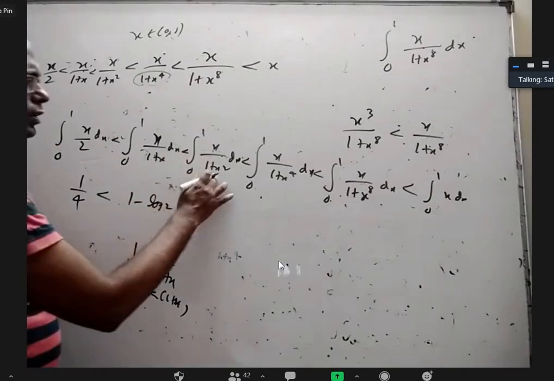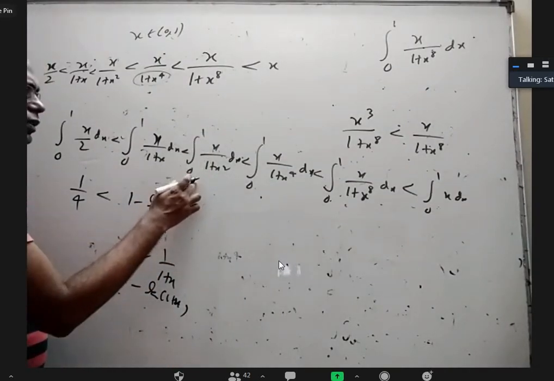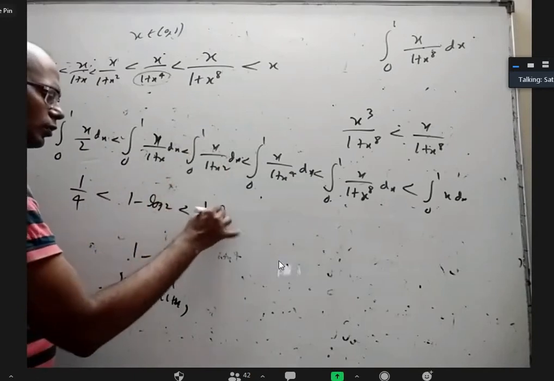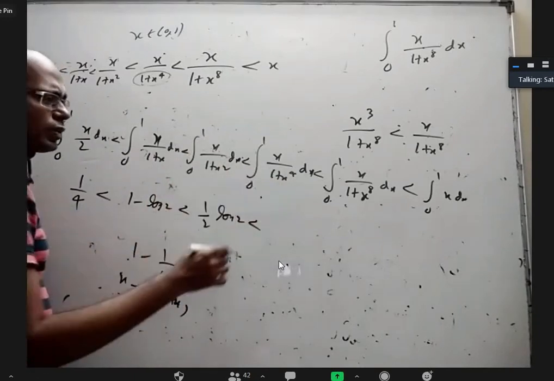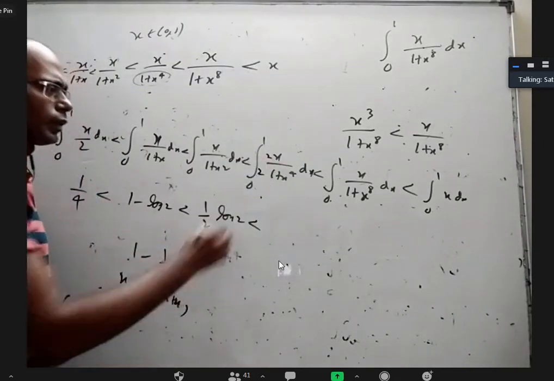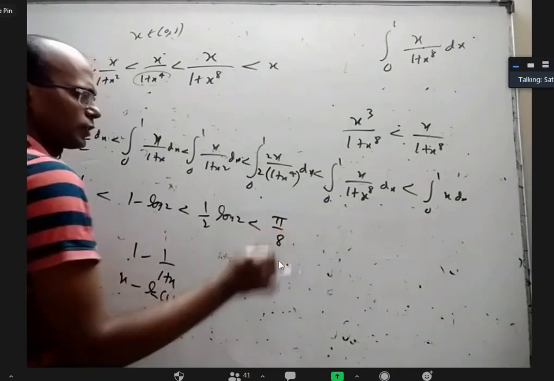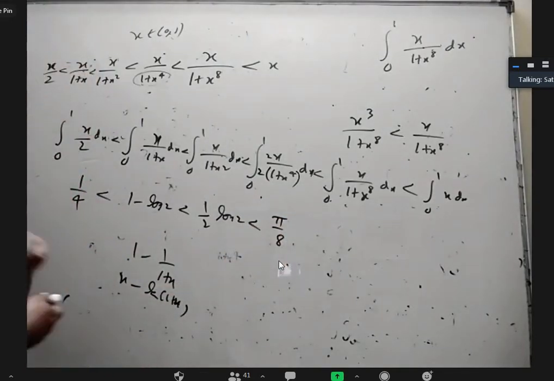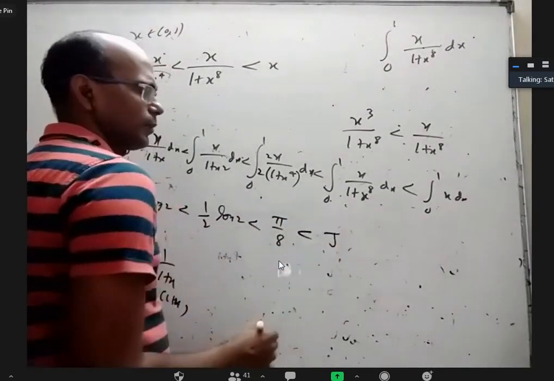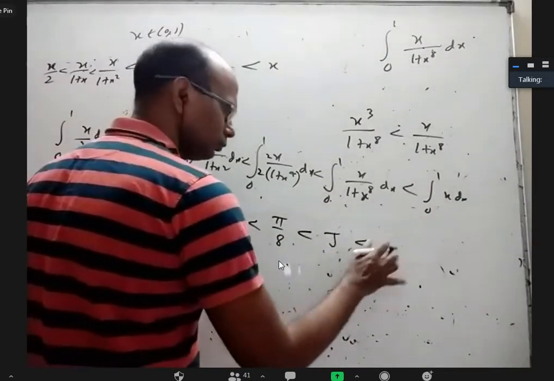Here, this is half log 1 plus x square. Okay, 2 is there, 2 is there. Half log 1 plus x square, so it will be half log 2. This one, you take x square, multiply with 2, divide with 2. You get half tan inverse x. When you put it, you get 5 by 8 tan inverse 1. This is our question J, and this is directly 1 by 2.